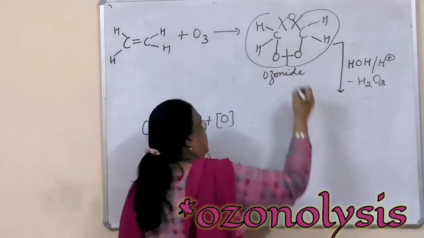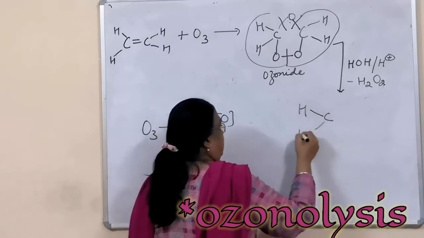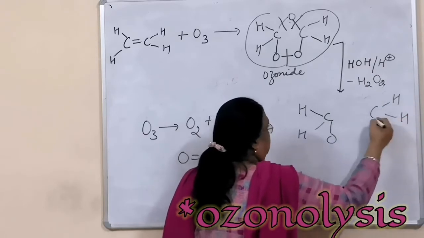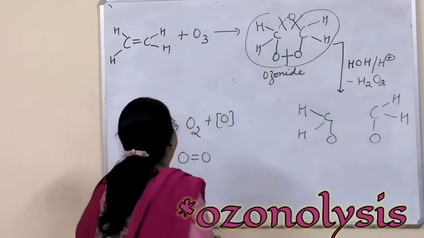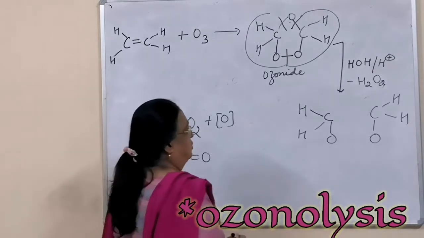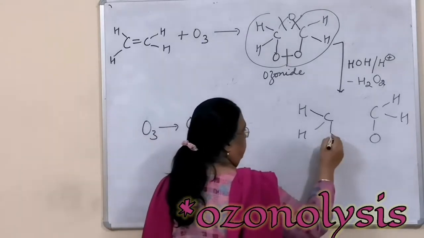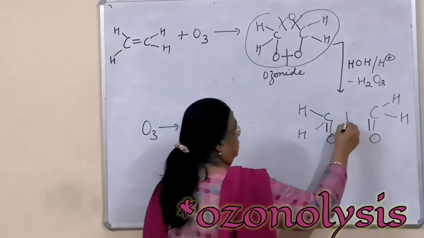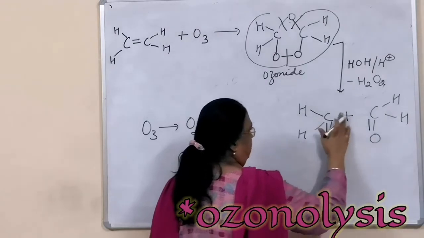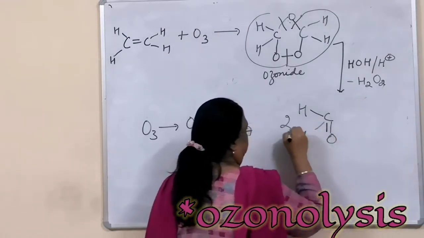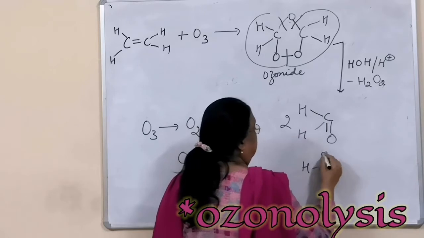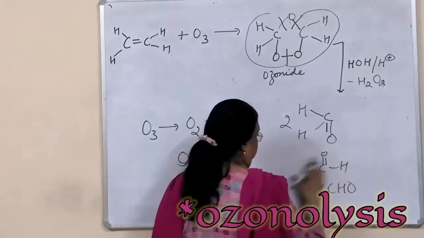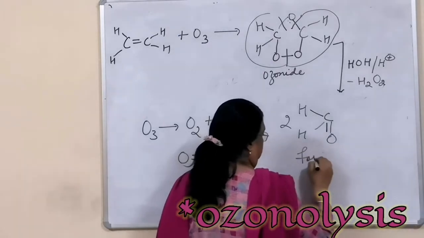And we have got this piece, HCHO, and the other piece CHHO. Both are same because both sides are identical, so both pieces are same. But the valency of carbon is not balanced, so a double bond will be generated. So these 2 will be there, or you can write 2 molecules of this compound. What is this? This is this, which you also write like this. So this is formaldehyde. So we will obtain formaldehyde.